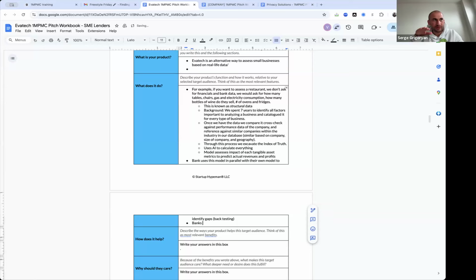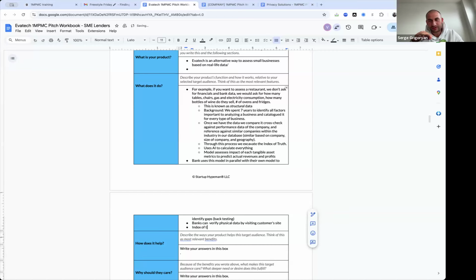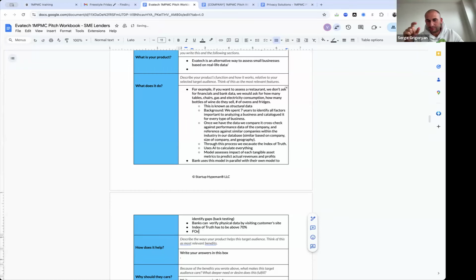Then we have a certain threshold: the index of truth has to be above 70% in most cases. In those cases the customer is good for the bank, but to enrich our database with this new customer's data, we need 90 plus truthfulness of the answers. The combination of the two gives us reliable data, so that we're not cheated on purpose.